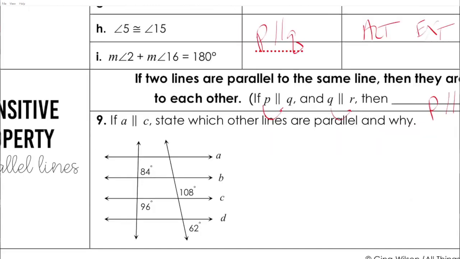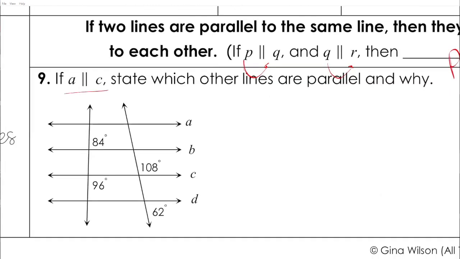Okay, so in the example, they said A is parallel to C. Remember, we can show arrowheads to help ourselves. They want us to prove which other lines are parallel. So what we've got,